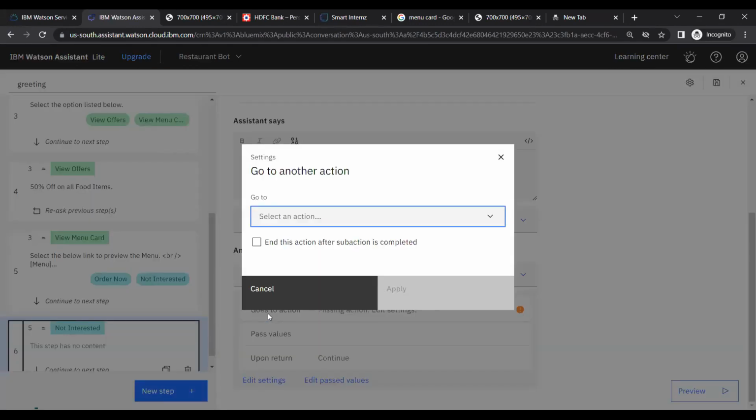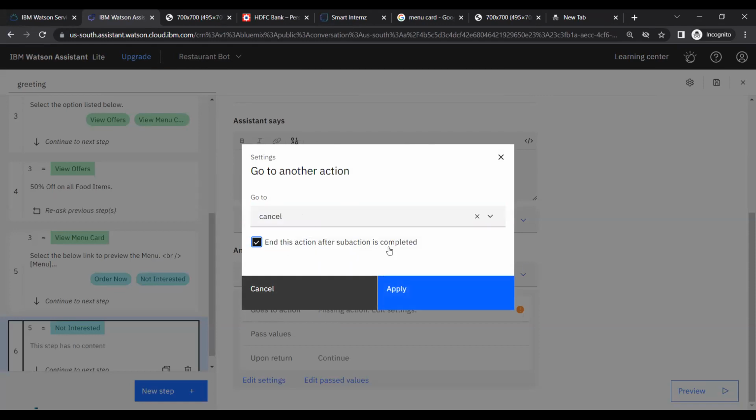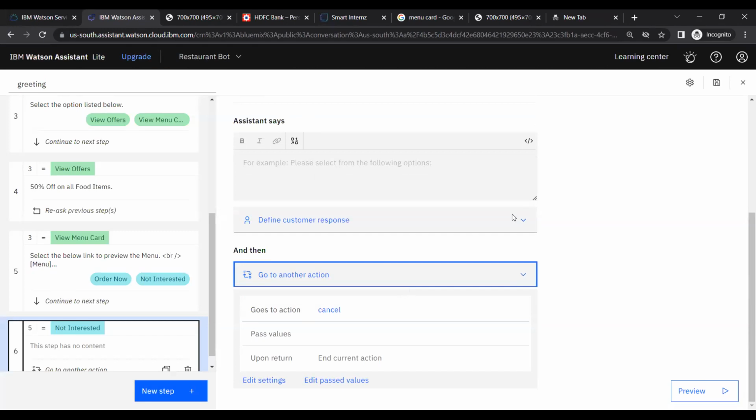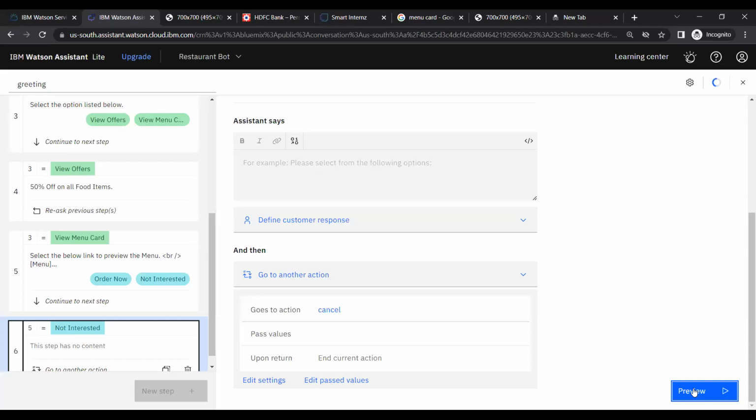Go to another action. Again, the pop-up will open. Which action do you want to call here? I want to call cancel action and end this action after sub action is completed. So click on apply now. Once you click on apply, now here, if you preview,